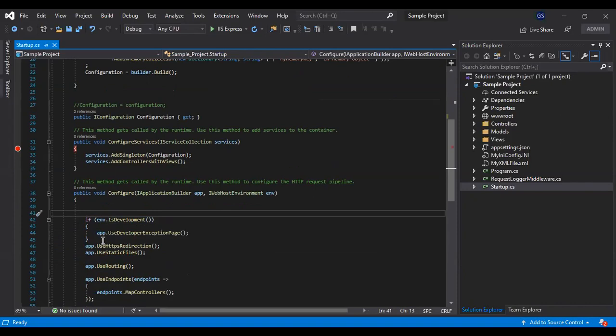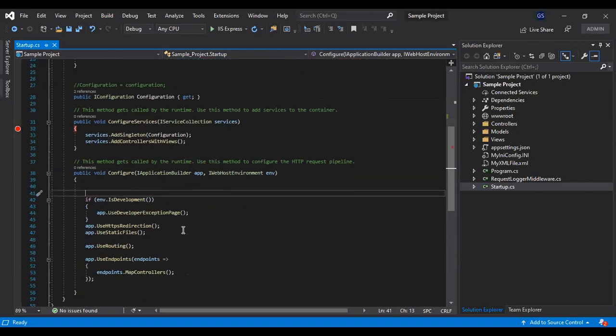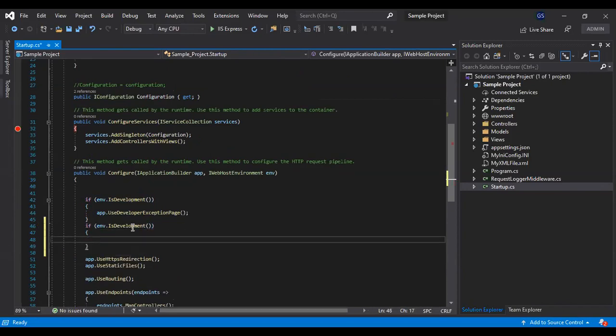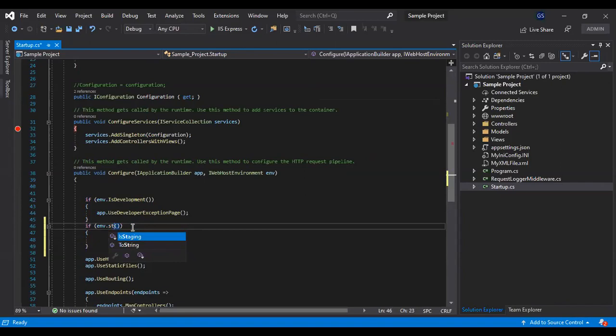So how can we check whether the environment is Staging, Production, or Development? In a similar way, we have the methods IsStaging